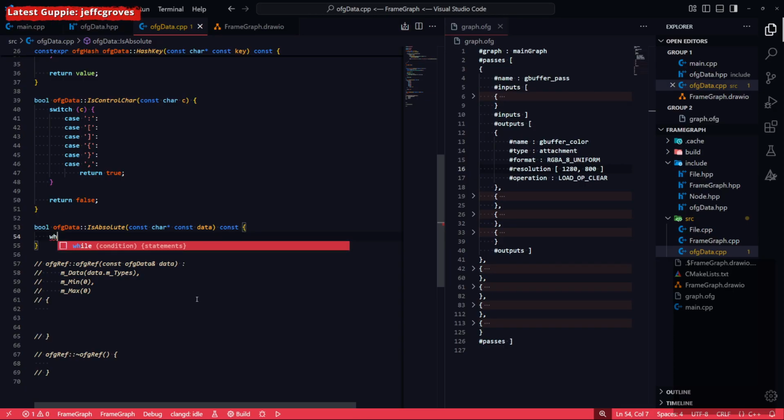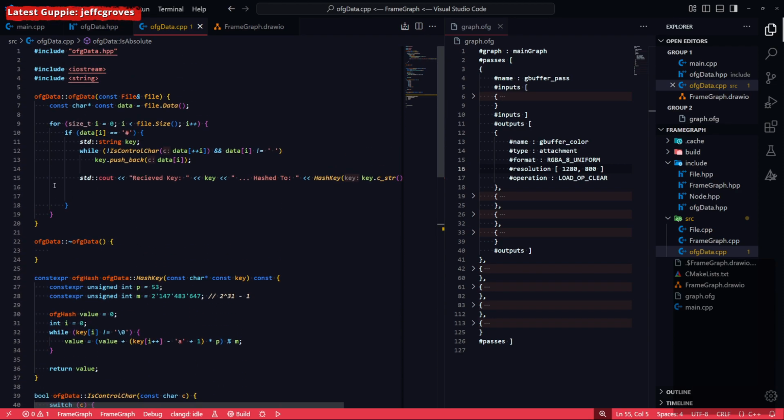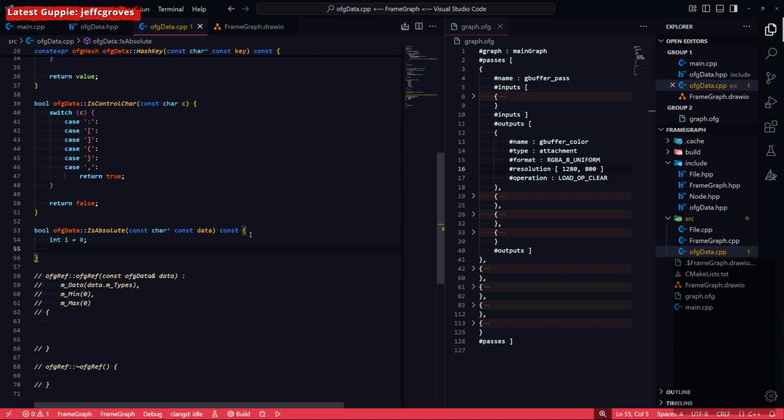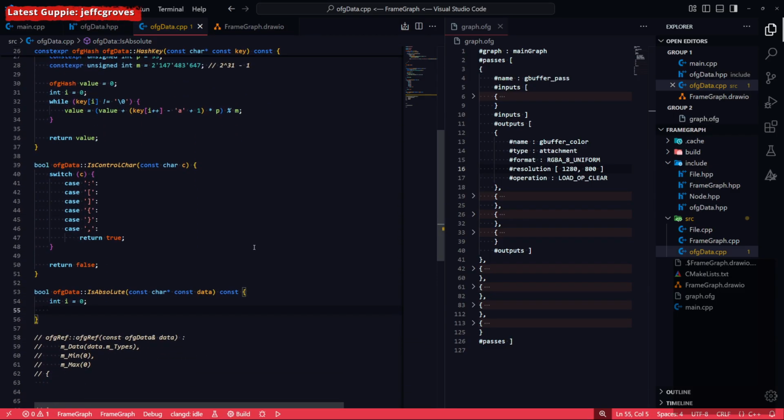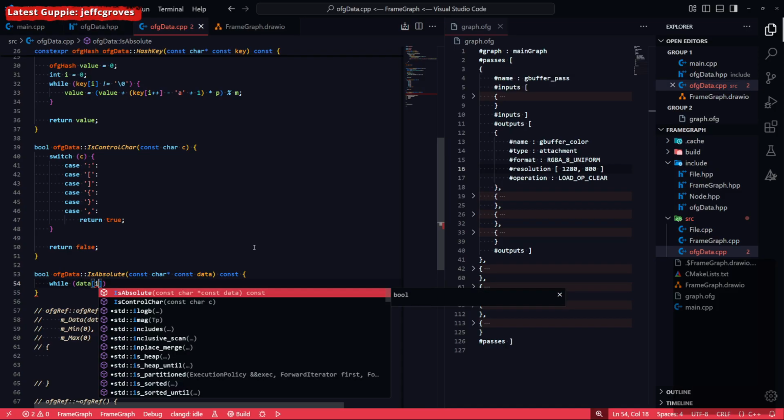Where basically I can say for an int i equal to 0, although up here it's fiddly, but that's okay. Well, I can just say while data at